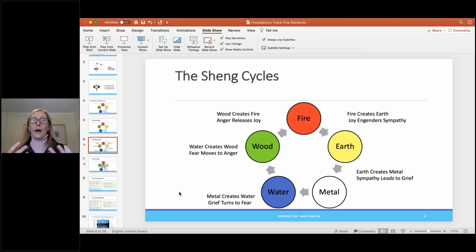It's fire, happiness in the heart creates a healthy earth. It creates sympathy and understanding, not just sympathy like, oh, poor, but understanding. When your heart's happy and you're centered in your heart and you have this good fire element, you understand. And so that's earth. And then the earth creates metal. When you understand, you also have this sympathy that also is, they also say, when you have a heart